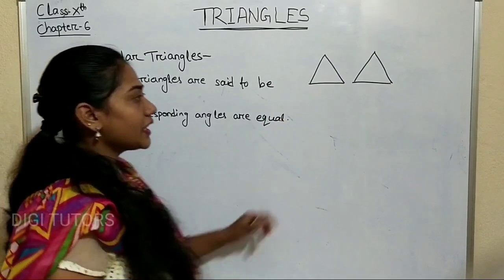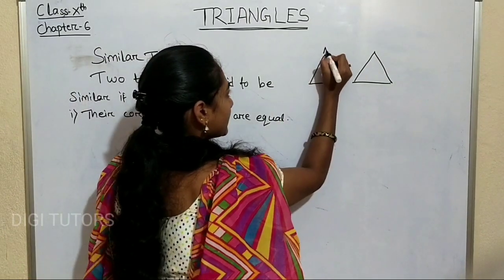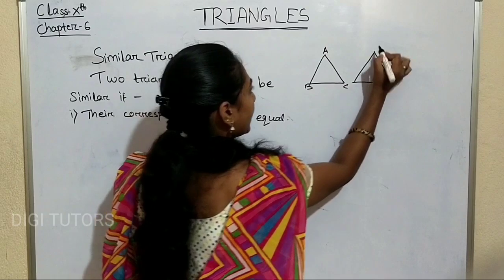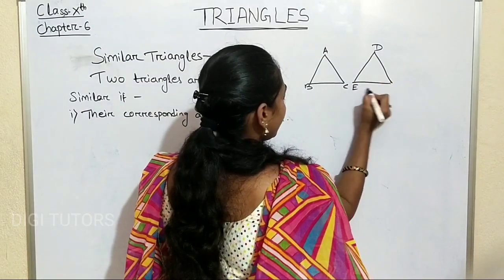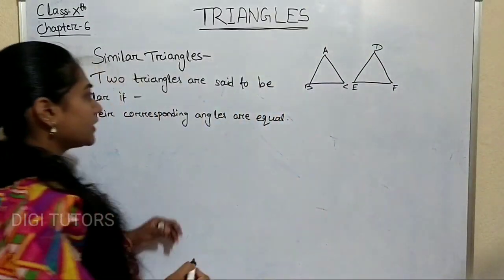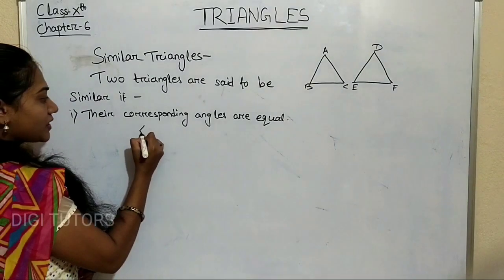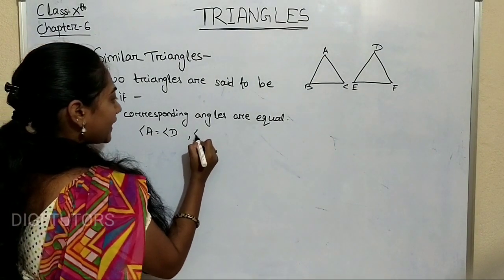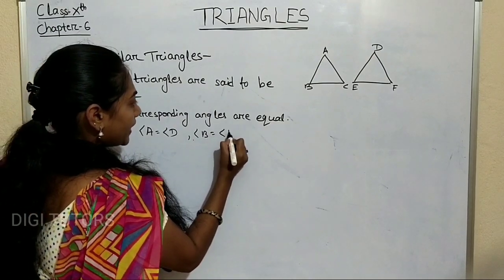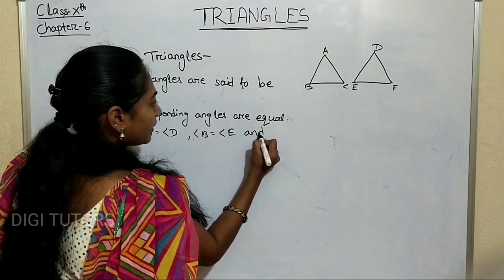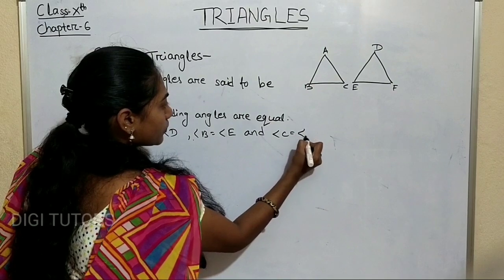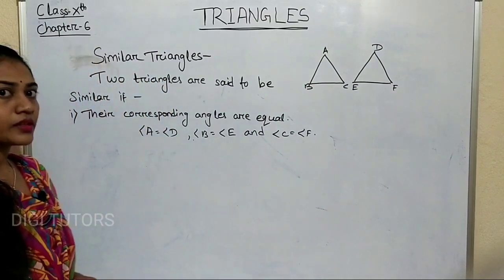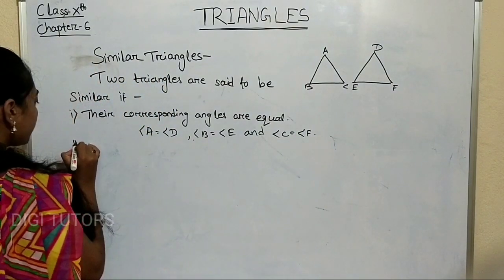That is, if these are two triangles ABC and DEF, then their corresponding angles means angle A is equal to angle D, angle B is equal to angle E and angle C is equal to angle F. Then our second rule is